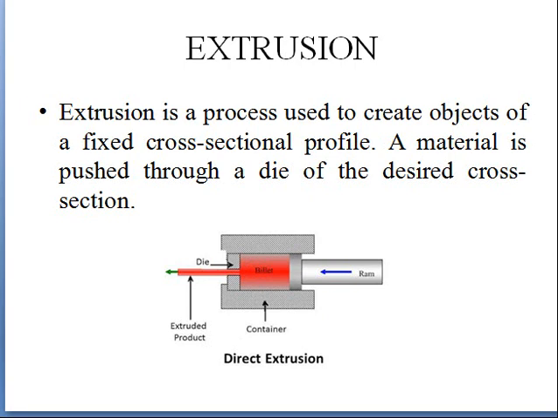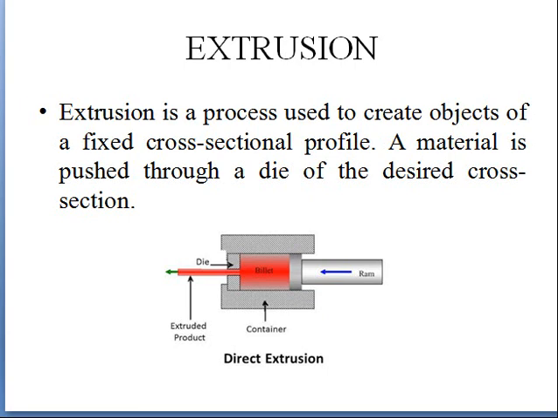So this extrusion is of two types: hot extrusion and cold extrusion. In case of hot extrusion, we heat the metal above the recrystallization temperature, and in case of cold extrusion we work below the recrystallization temperature of the metal. In case of hot extrusion, the metal will react with the oxides present in the air and forms a slag. It means it reacts and it gets decomposed. But the thing is, in case of hot extrusion, the deformation of material is done easily.